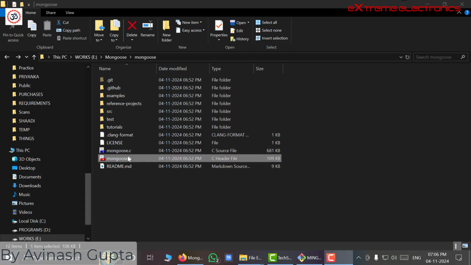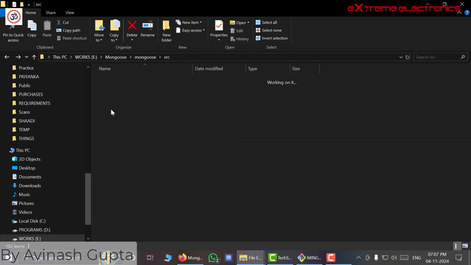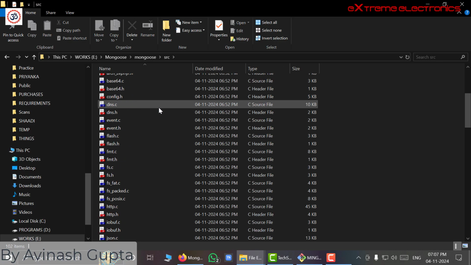The network drivers, the TCP/IP stack, and the higher level HTTP web server, everything is packed inside these two files only, and you have to add only these two files to your reference project. But here you will also see one more directory, that is SRC. This is the standard source directory. If you go inside this, you will find various C source files